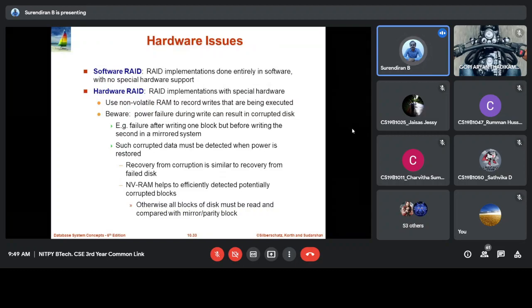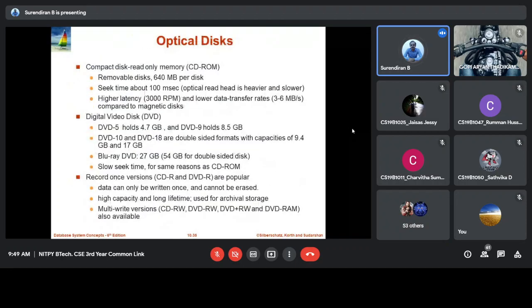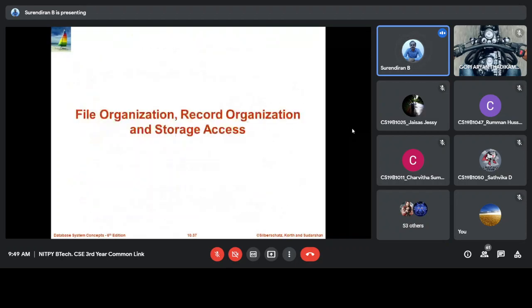So let us skip all this information. Okay, so file organization. For the database, we need to organize the records as a file because we have to store the student database, faculty database. Let us say if you take our institute database, here we have a student database, faculty database.